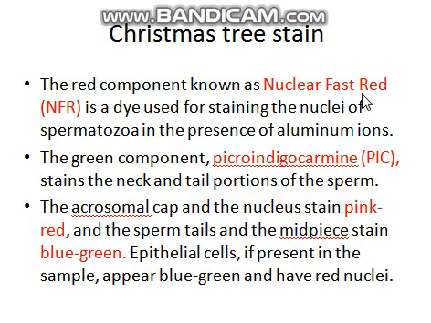The first dye is the nuclear fast red dye that is used to stain the sperm sample into the red color. Specifically, the head part of the sperm gets stained because of the nuclear fast red dye, whereas the second component of the Christmas tree stain is the picroindigo carmine dye, which is responsible for the staining in a bluish green shade, and it stains only the sperm tail and the mid piece of the sperm.